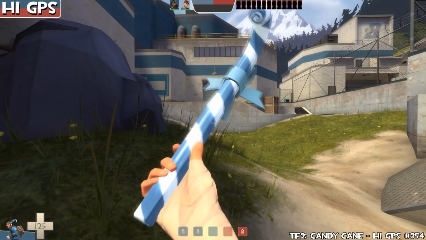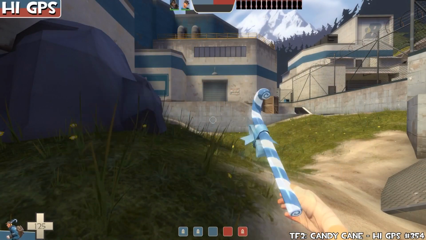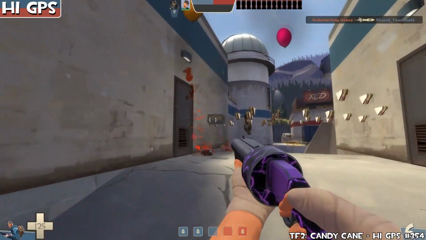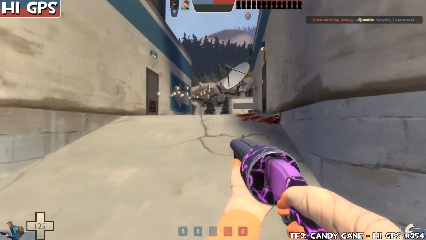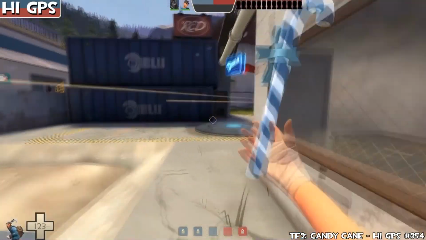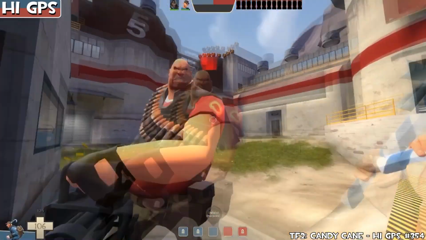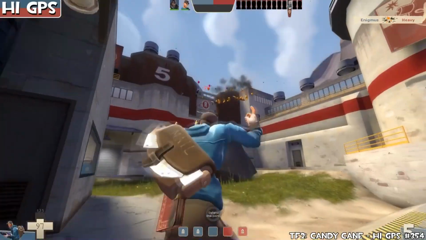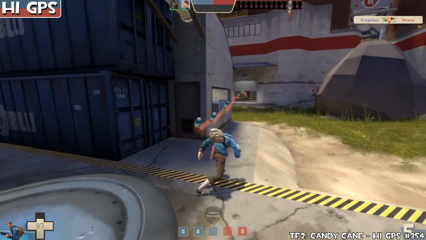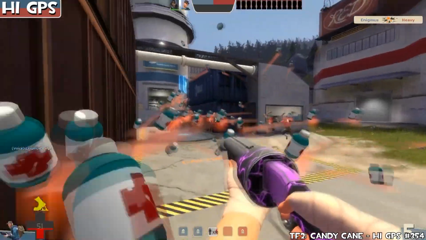So here we have the blue version of the candy cane. Very nice. And there's a stupid teammate, and there's a wall of explosive sandwiches, which are actually rockets. And then there's a heavy there, and of course we hold this. And then we kill him, and then the scouts come and shoot the health packs, and then...